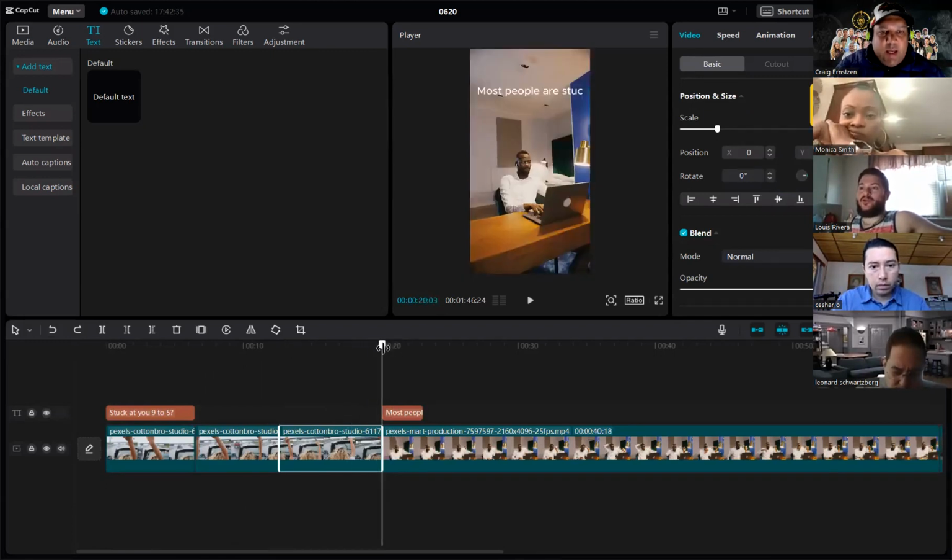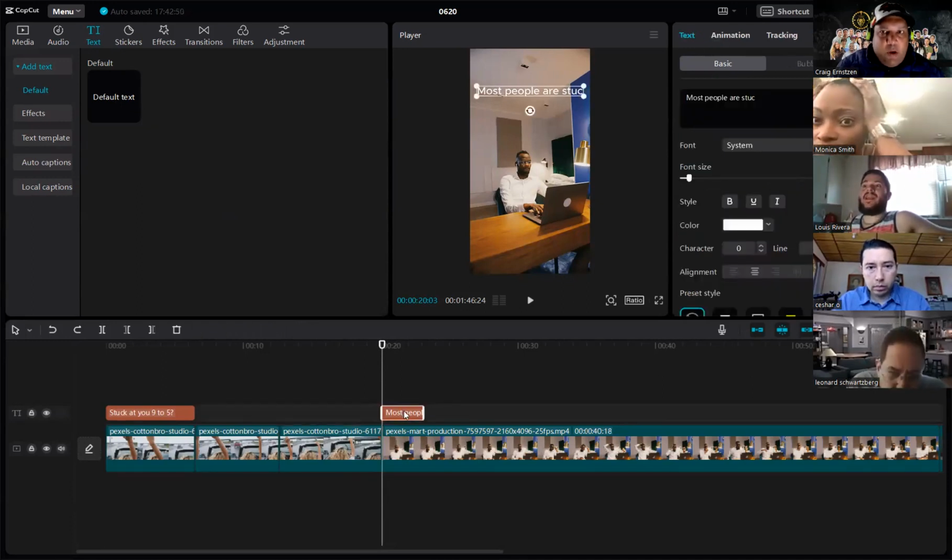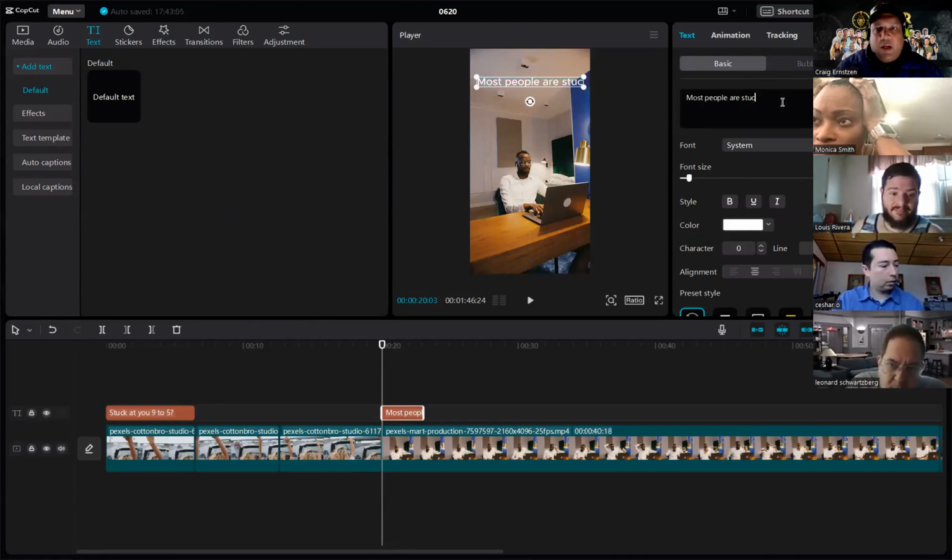And then your second scene, again at the top, you click on the text button. And then it says default text, click on the plus sign, and that'll put that little brown box in there where you can enter your text, right? And you click that little brown box, and that's where you can type in the text that's going to appear on the scene, and you can move it along there, decide where you want to put it. You can make it smaller or bigger. And so then you put your scene in over there, and you can say most people are stuck